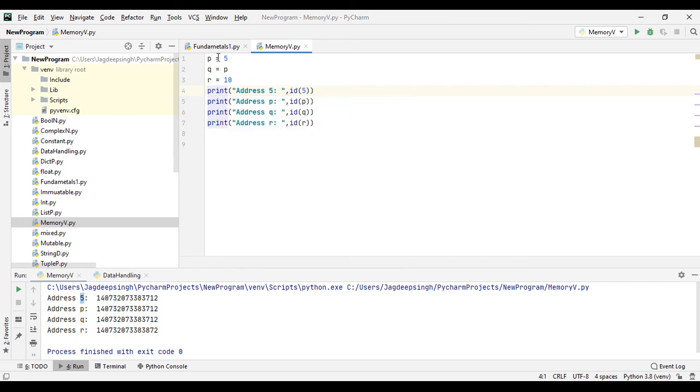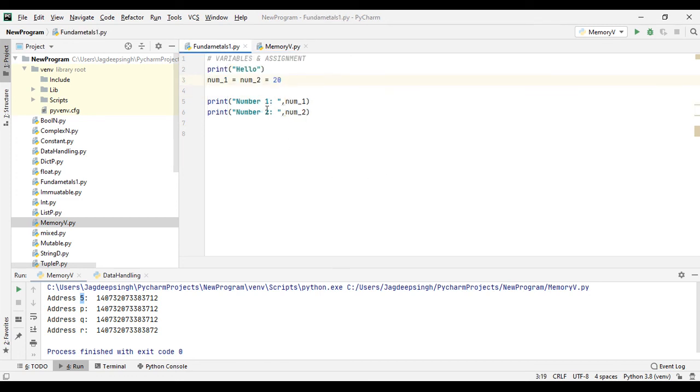Similarly, here we have given the value 5 to p, but if we want the value to be entered by the user and assigned to the variable p, we can do that with the help of the input function.